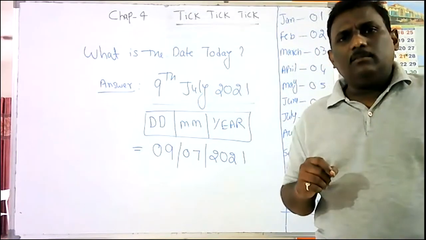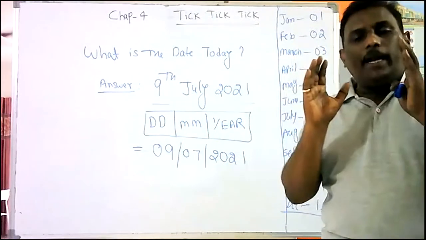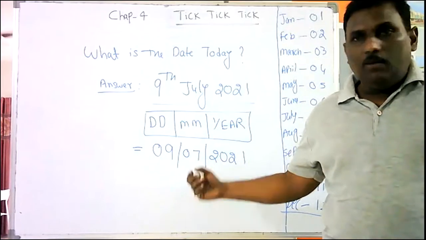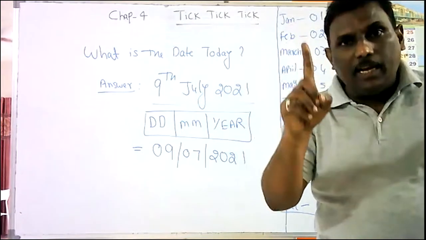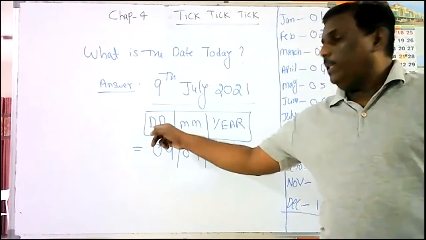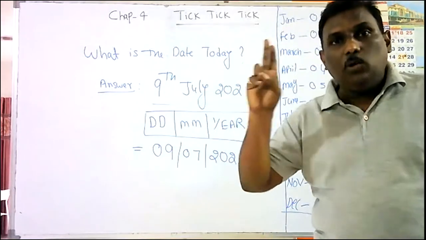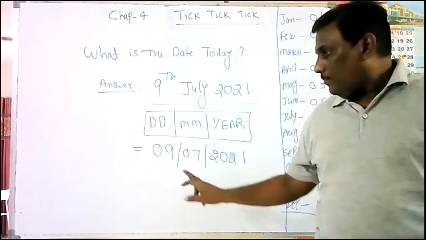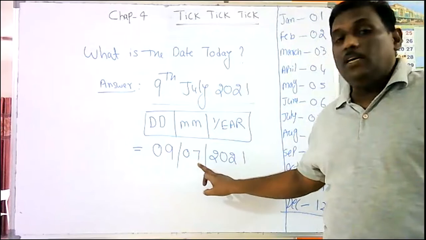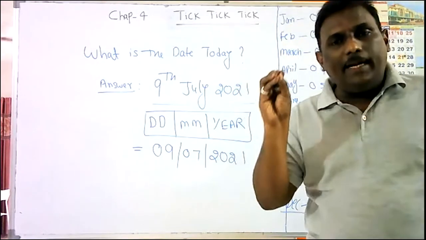Why always asking? Listen. Whenever a date is given, if you want to write the date in the standard form, then this is the method. First, you have to write the date. First date compulsory. Order you have to follow. Don't interchange the order. If you interchange, month will become date, date will become month, everything goes wrong. First write date, that too a 2-digit number, not 1-digit number. Month, also a 2-digit number, but 7 is only single digit, no? Write 07. Year 2021. This is the method to write the date.